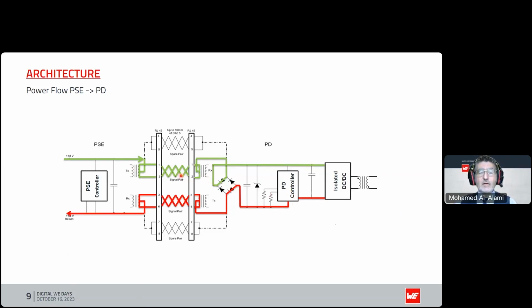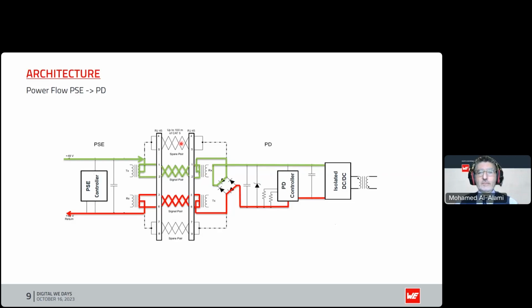Now, as I said to you before, with types 1 and 2, you can transfer the power over the data pair or over the spare pair. There is an option. It's called alternative A or alternative B. That's for types 1 and 2 only. You can't transfer over all 4. That's where types 3 and 4 in the .bt standard came along.